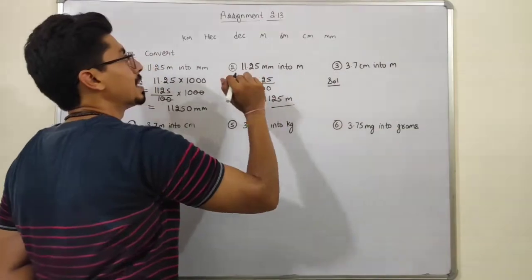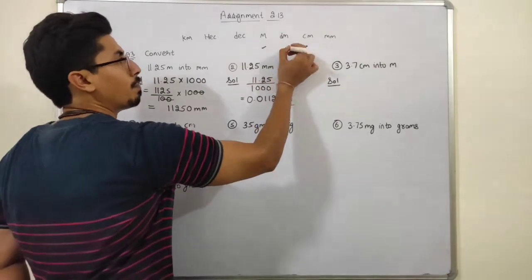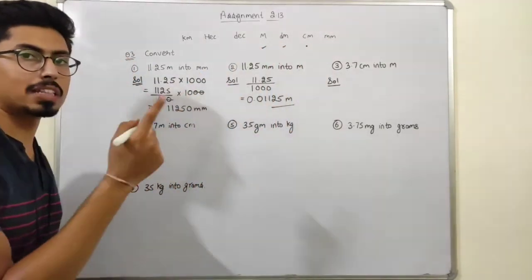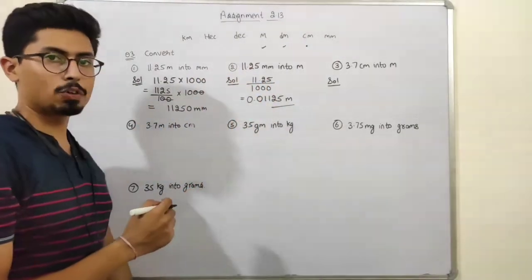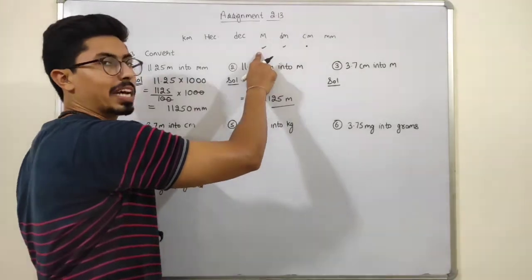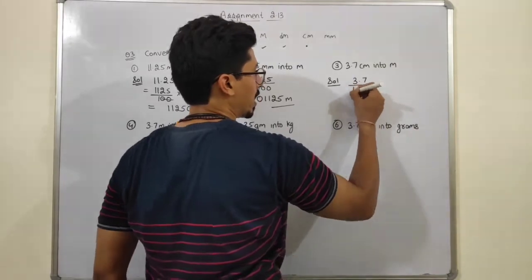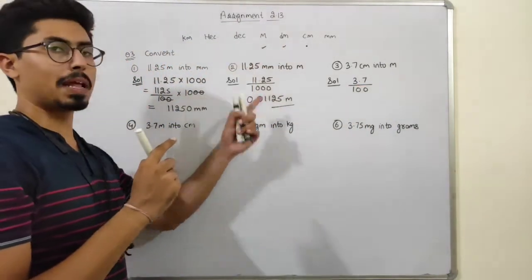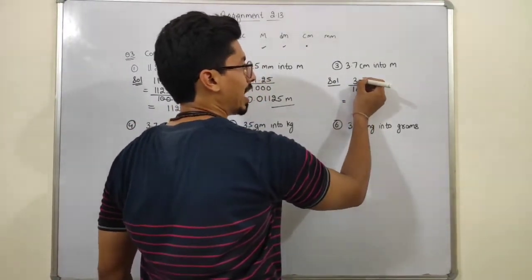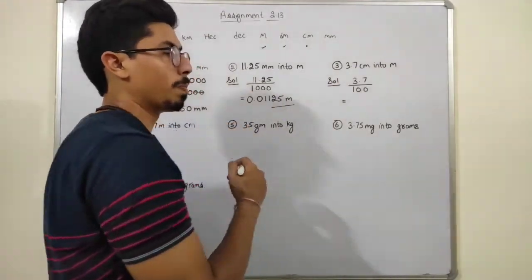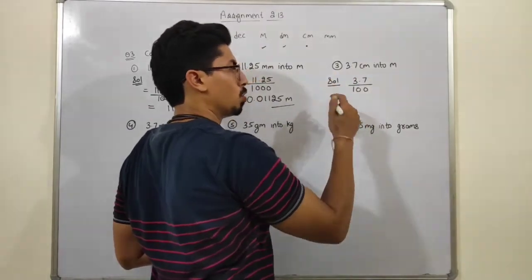Okay. Now the third part, students, I have to convert 3.7 centimeter into meter. That means from this point I have to go to this point. That means 1 and 2 places I have to cover in the left hand side. So if I have to go from this point to the left hand side, then I have to divide the number, and to the second place I have to go. So 3.7 divided by 2 zeros, okay, because I have to go to the second place in the left hand side direction. So the answer will be, students, see, from this point I have to shift it from before, because I am dividing this number. So 2 digits I have to skip.